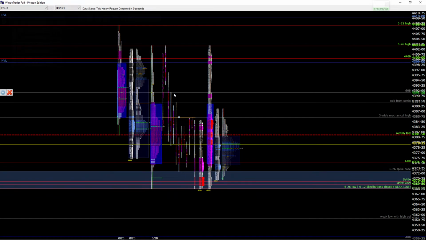Yesterday, the market sold. The selling came very mechanical from Halbach here. You know, Halbach is down here now, but at the time it was here. Settler was here to the tick as well. Mechanical level. This is not Halbach. Halbach was up here, and when the market has this downside extension, Halbach moves down here. I put this as a 3-wide mechanical high here. Very mechanical high. Market was selling from this 3 times.